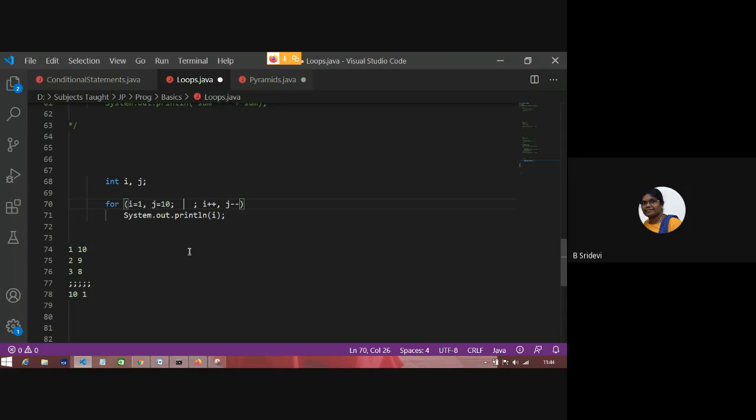Okay, if there is more than 1, you have to combine them with a logical and. Clear? So here the condition should always give either true or false. If you have more than one condition, you have to join them by and. Anyways, I want to write one condition. Okay, so observe the 2 semicolons. This is initialization, this is condition and this is updation. 2 semicolons, every section is separated by a semicolon. Now I want to print I, some spaces followed by j value. Okay, so shall we see the output?